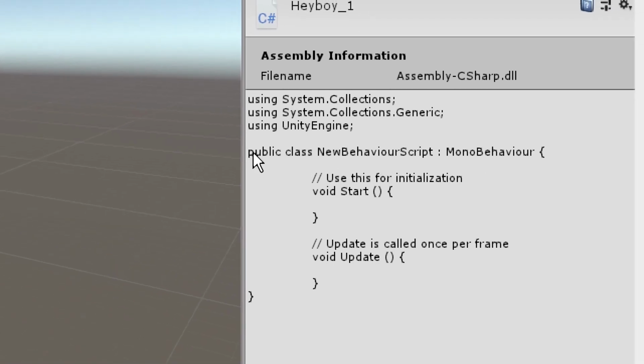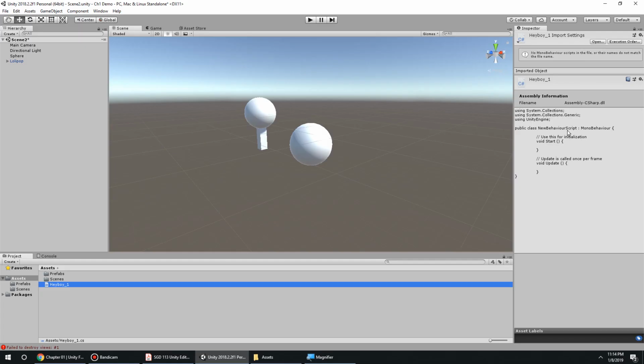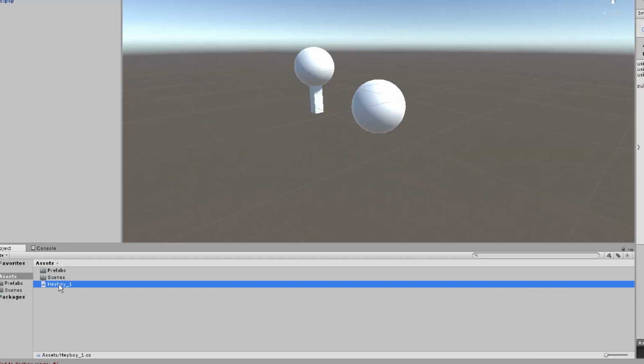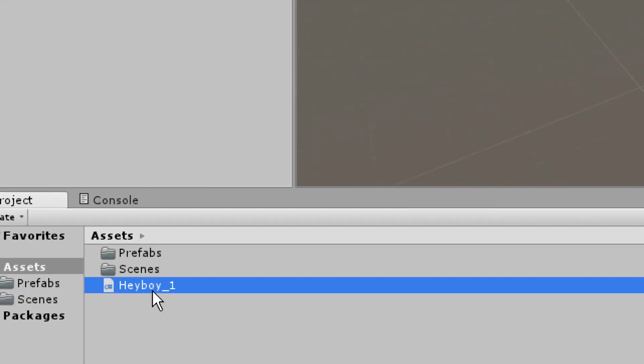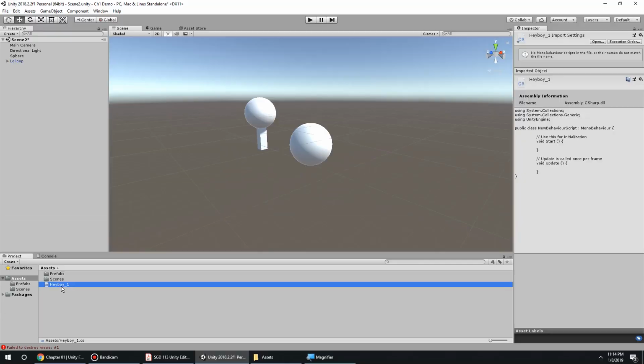Let's ignore these library calls right here, and let's look at the 5th line of the code here, and it says public class NewBehaviourScript : MonoBehaviour. NewBehaviourScript is the name we have on default scripts. And whenever we called our new script HeyBoy1, we changed the name of our script, and now